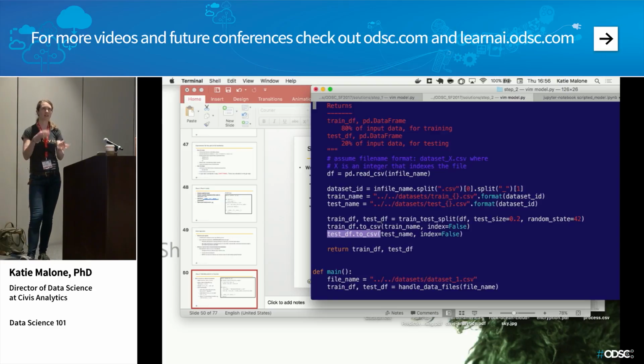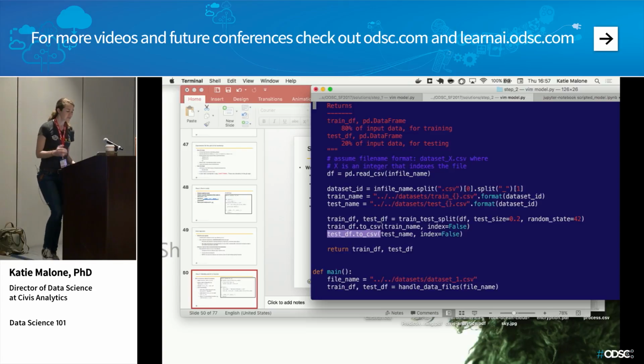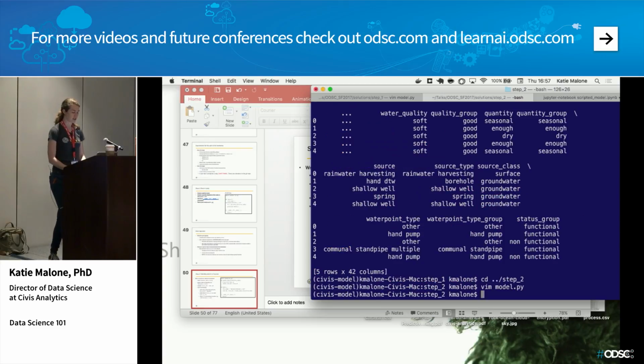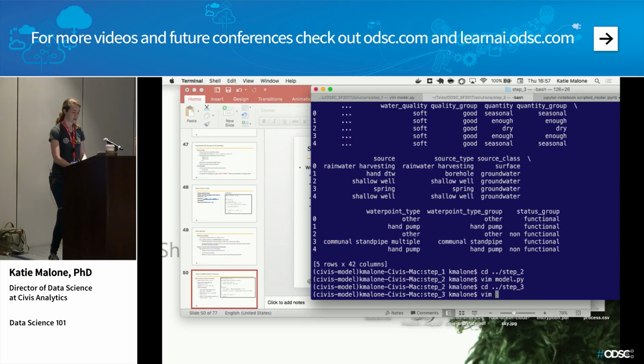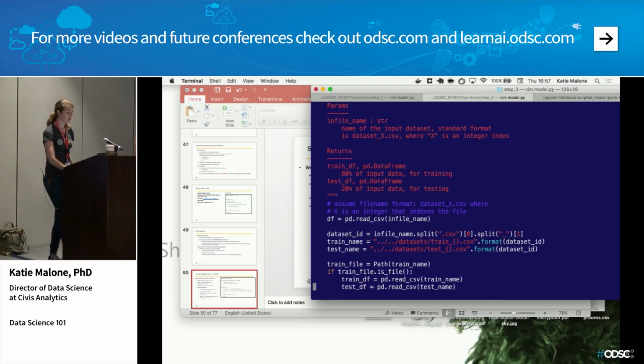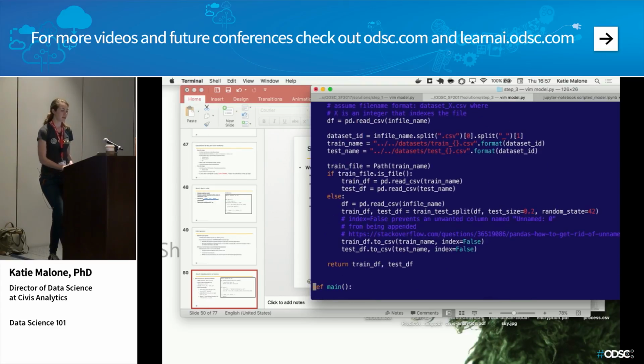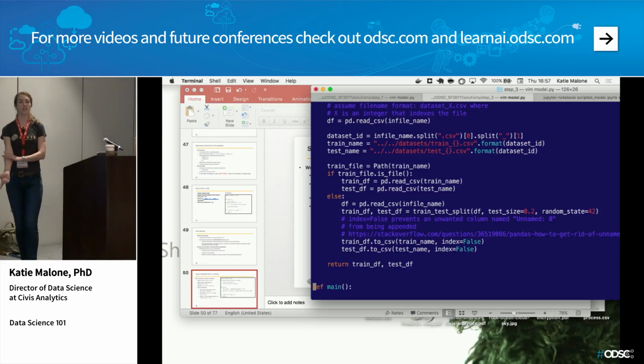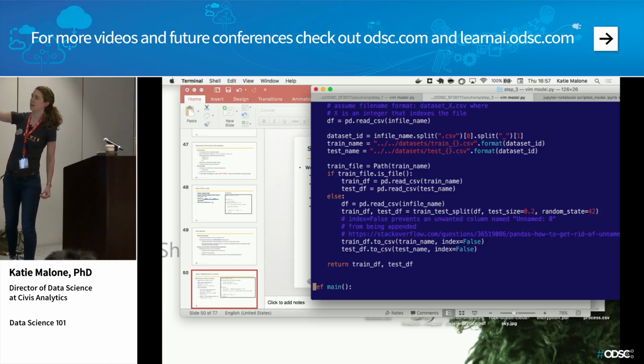But if I go in and say, okay, I'm interested in building a model on data set 4, it goes in and looks for train 4 and test 4, and if it doesn't see them, then it knows to create them, and if it does see them, it just retrieves them. So that's actually what I do in step 3, as I recall, is add in the logic so it goes and looks for the data sets before it tries to create them. So that's what this path